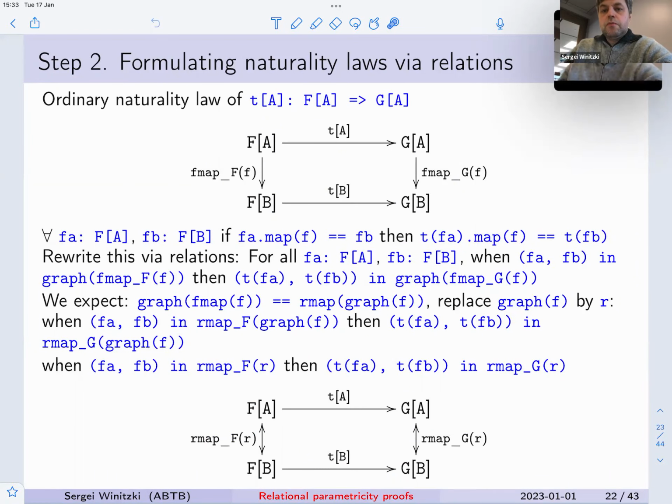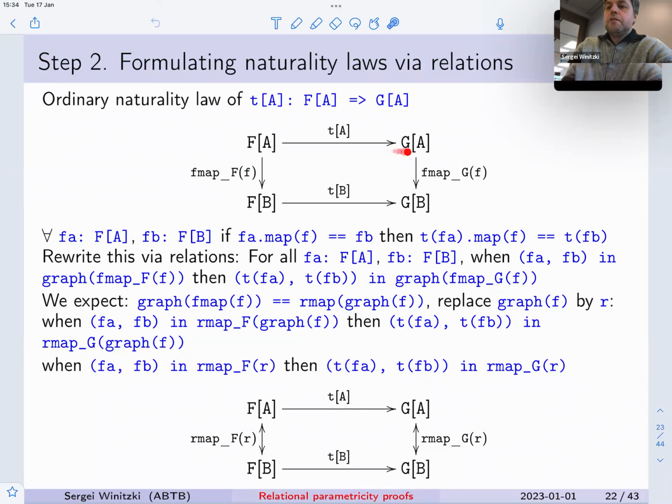So here's why the naturality law, which looks like this, really corresponds to the relational law of this kind. Suppose we start with this naturality law, and we want to rewrite everything in terms of relations. We're not going to change functions into relations, or rather, we're just going to use graph relations for everything. So we still have a function f, we still have a covariant f and covariant g, for any fa and fb,